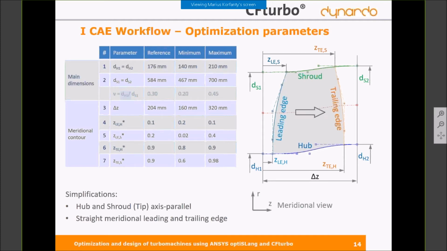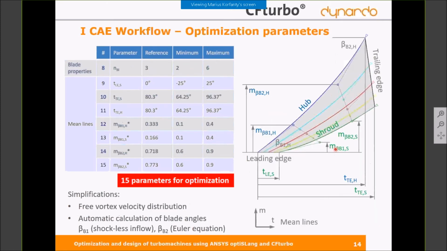Two simplifications have been made. Hub and shroud are axis parallel, and we have just a straight leading and a straight trailing edge. In addition, the number of blades, but also the tangential coordinate of the leading and trailing edge at hub and shroud have been set as parameters too. Furthermore, the 4 control points